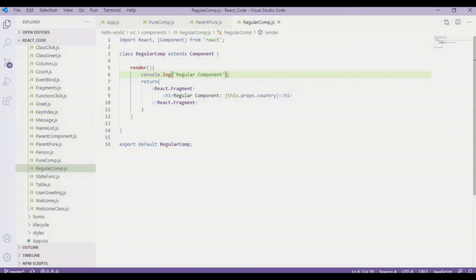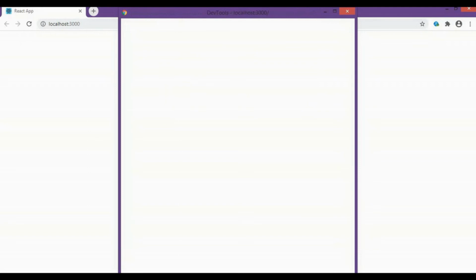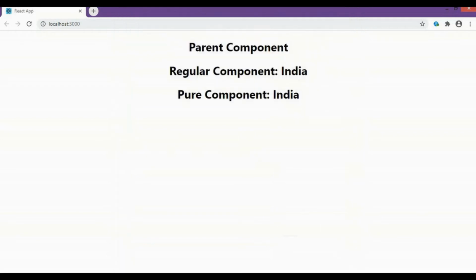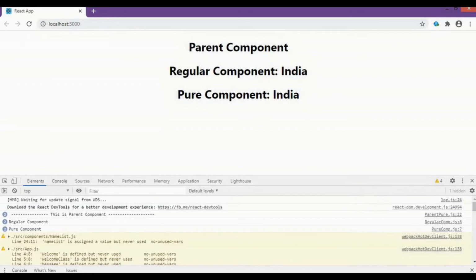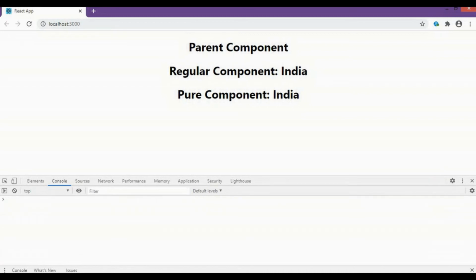Now if we go back to our browser, let me open the developer tools. And I'm going to set it to the browser, like this. And if you go to our console, let me clear this up and refresh this page.